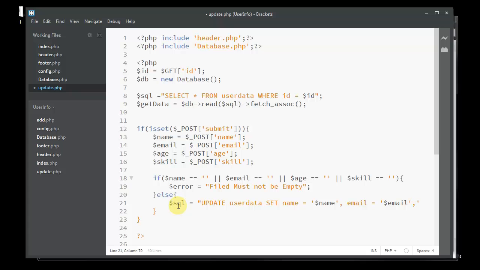Then we said age is equals to $age, put in a string. Okay, and then skill is equals to $skill. We can say update